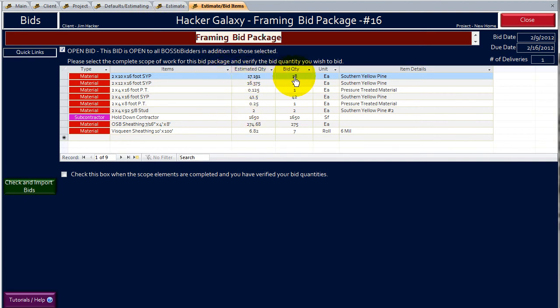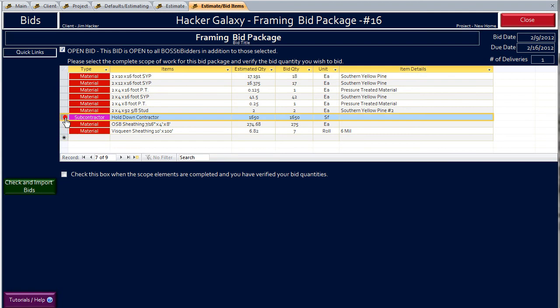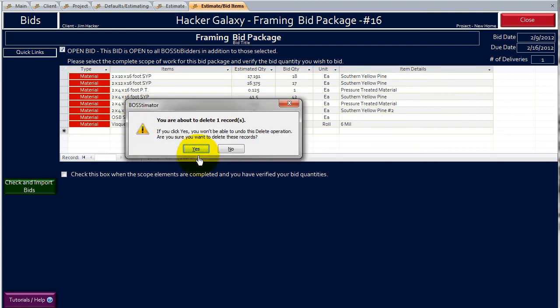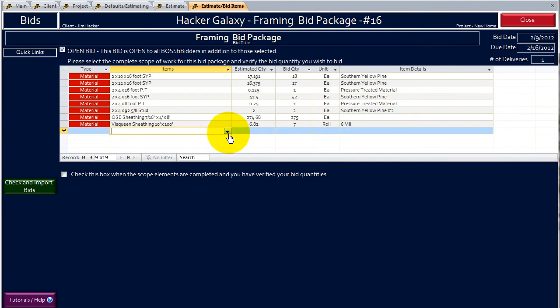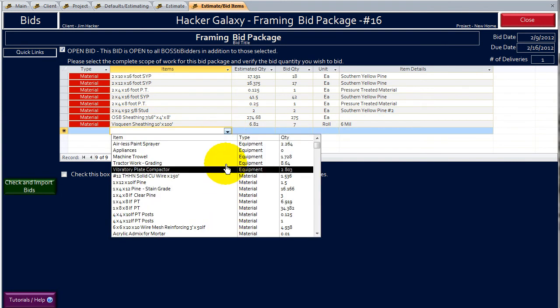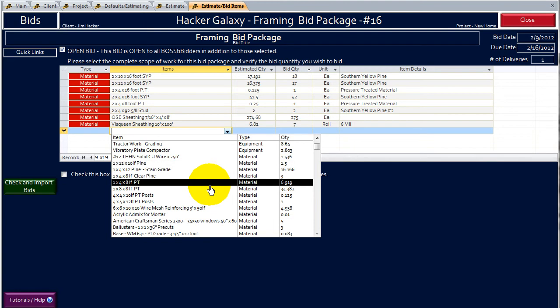And then figured out what you should bid it out, because you can't buy 17.1, so you're going to get 18 of those, and so on and so forth. You can go down through here, the hold down contractor. You know what? I don't want him to be part of this bid package, so I'm deleting it from this bid package. You can subtract from the bid packages that fast, or you can go in here, pull down the drop down menu, and everything that shows up on the list are the items that are remaining to be bid